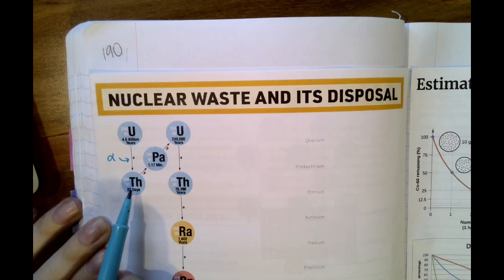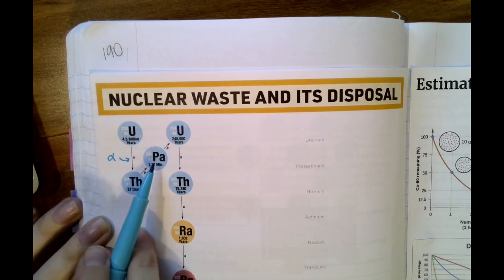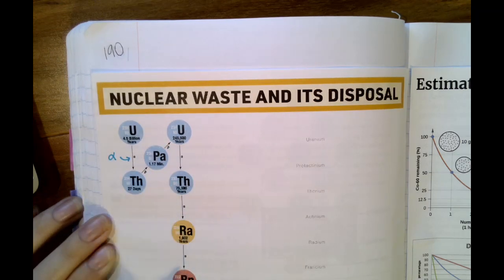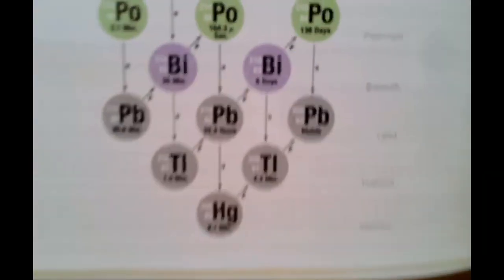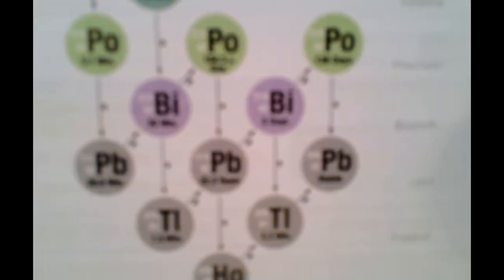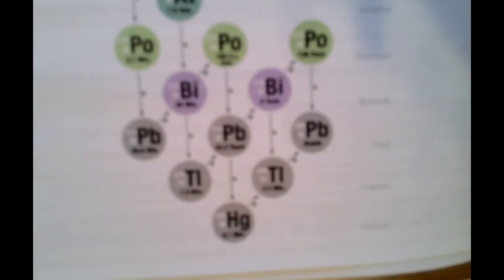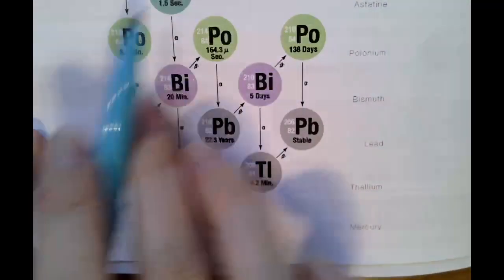We get thorium-234. That takes about 27 days on average to decay. When it does, it gets rid of a beta particle. And that just keeps going on, and each of these takes a different amount of time. But this process goes on and on until eventually we reach some stable isotope. Now it's different for every sort of